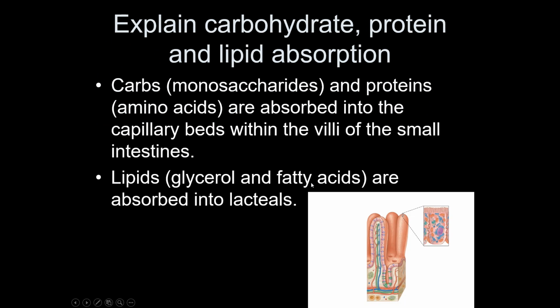Explain carbohydrate absorption. So in order for you to absorb a carbohydrate, you have to digest it all the way down to a monosaccharide like glucose or fructose or ribose. You can't absorb disaccharides or polysaccharides. They have to be broken down to this level to be small enough to absorb. Proteins have to be broken down to amino acids. You can't absorb peptides. You have to have them down all the way to amino acids for them to be